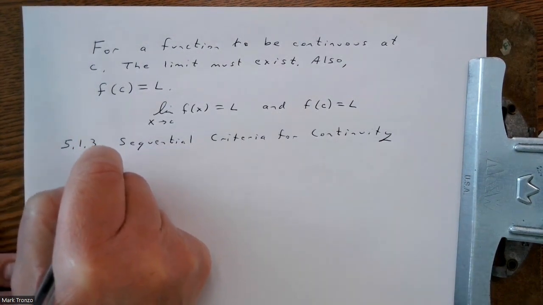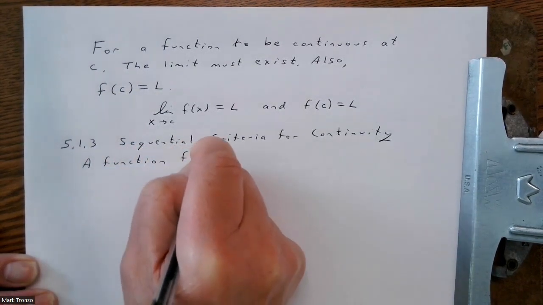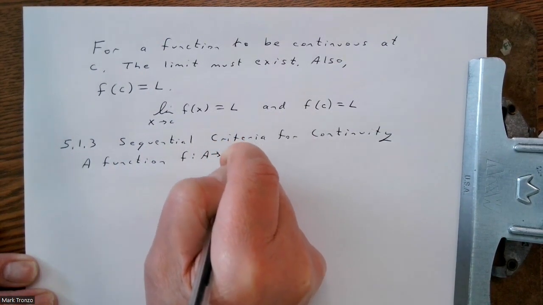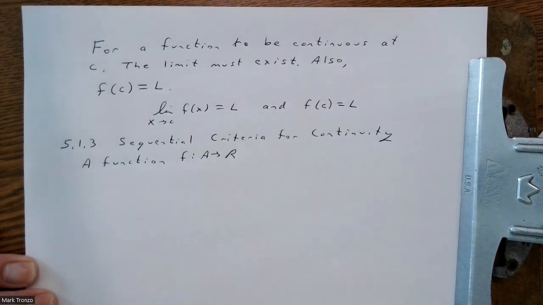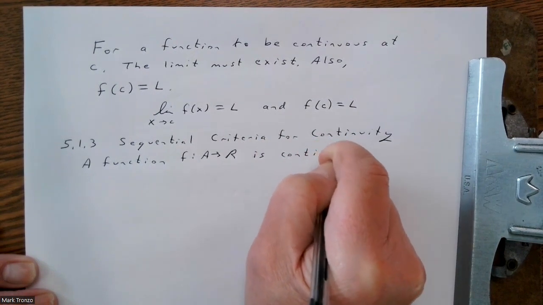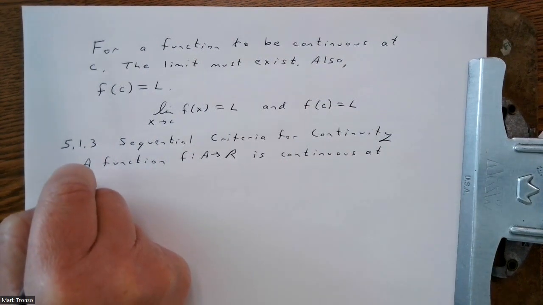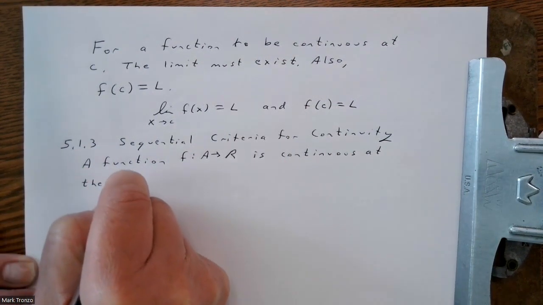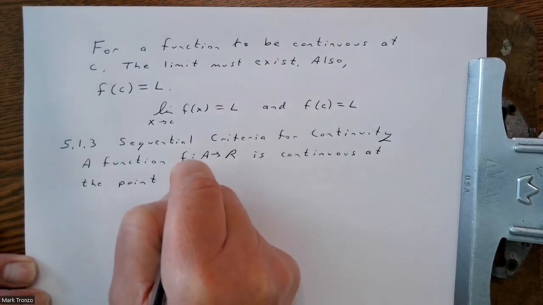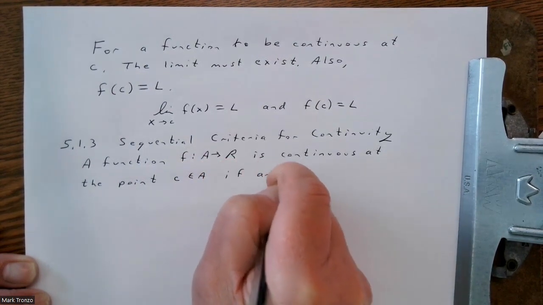A function from, again, a set A to the reals is continuous at the point C in A, if and only if